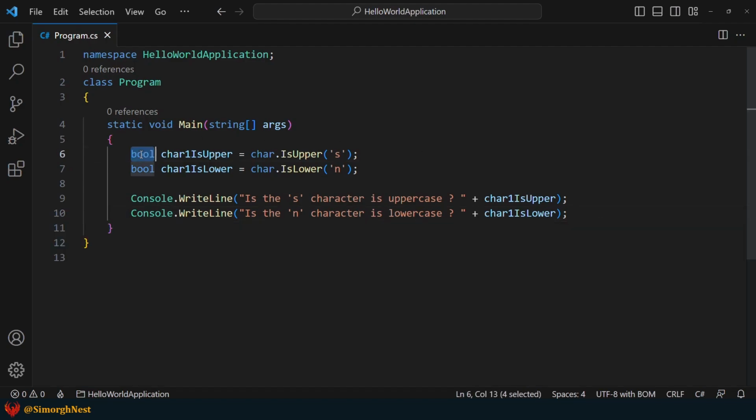Alright, let's move on to the demonstration of the toUpper and toLower methods in action.